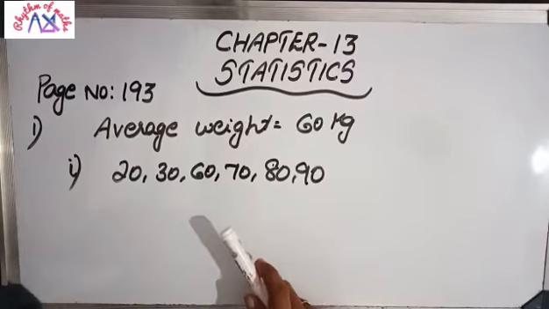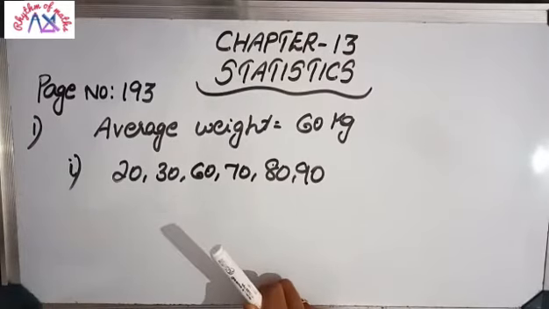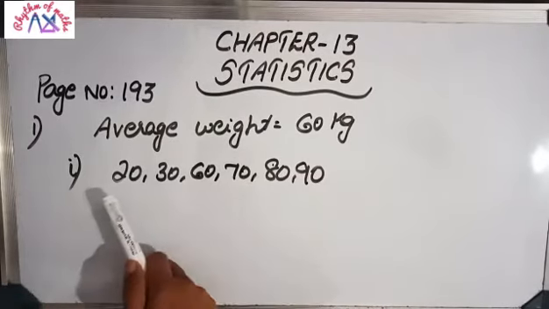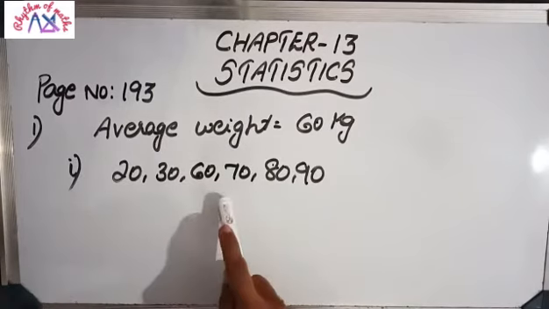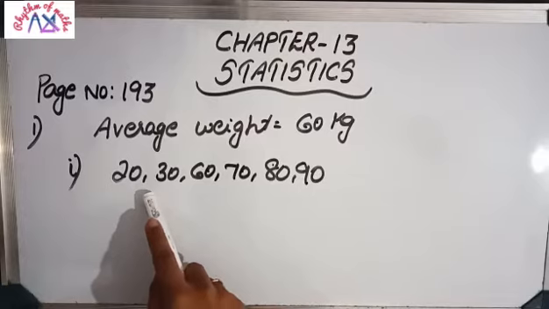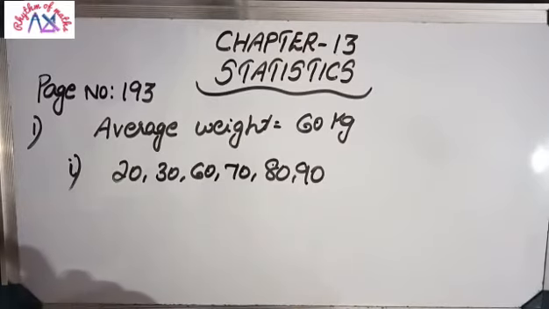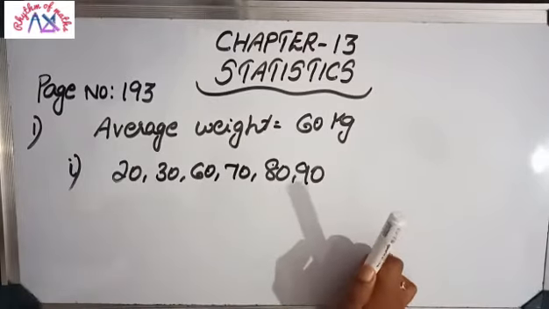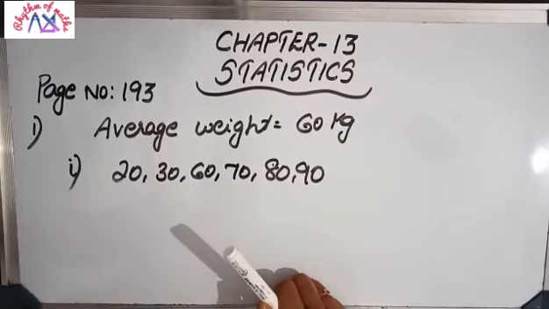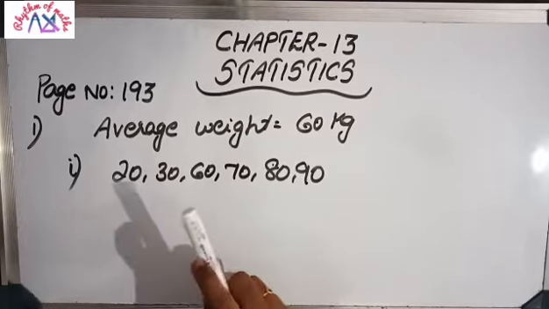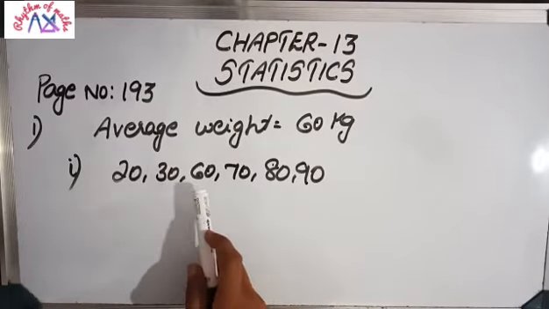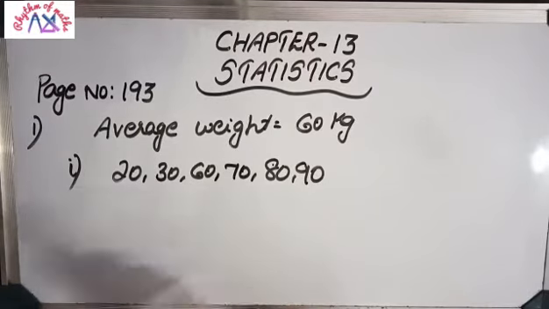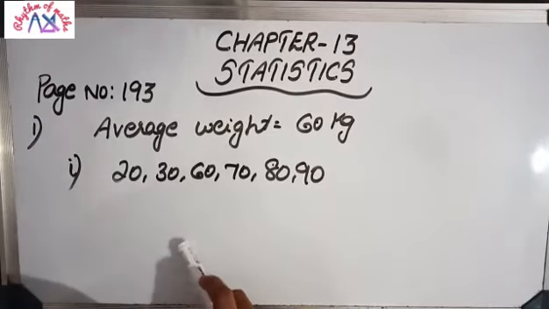That is a rule: the average of any set of numbers lies between two fixed numbers, here between 20 and 90, the average is 60. That means numbers less than 60 and greater than 60 will be there. Just write the statement, that is enough for this question. Not so important a question, just to understand the concept. Average of a particular set lies in between that set, that means more and less numbers will be there. That is the first question's answer.